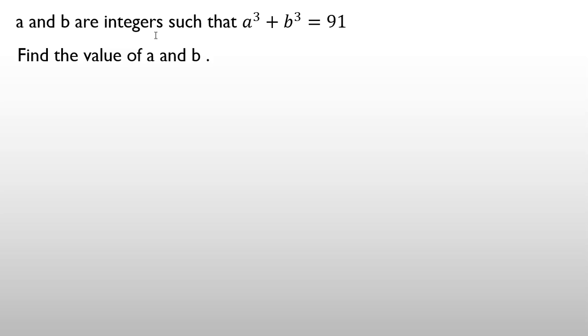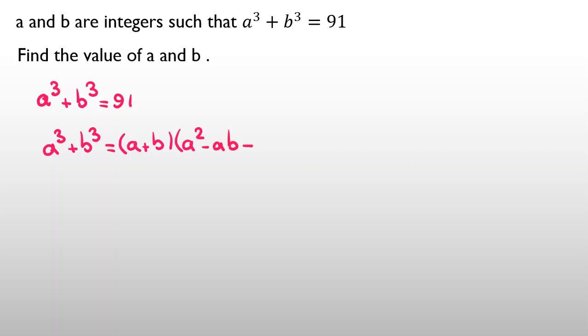A and b are integers such that a cubed plus b cubed equals 91. Find the values of a and b. So here we have a cubed plus b cubed equal to 91. And also we know a cubed plus b cubed equals (a plus b) times (a squared minus ab plus b squared). Now, from these two things, we conclude (a plus b) times (a squared minus ab plus b squared)